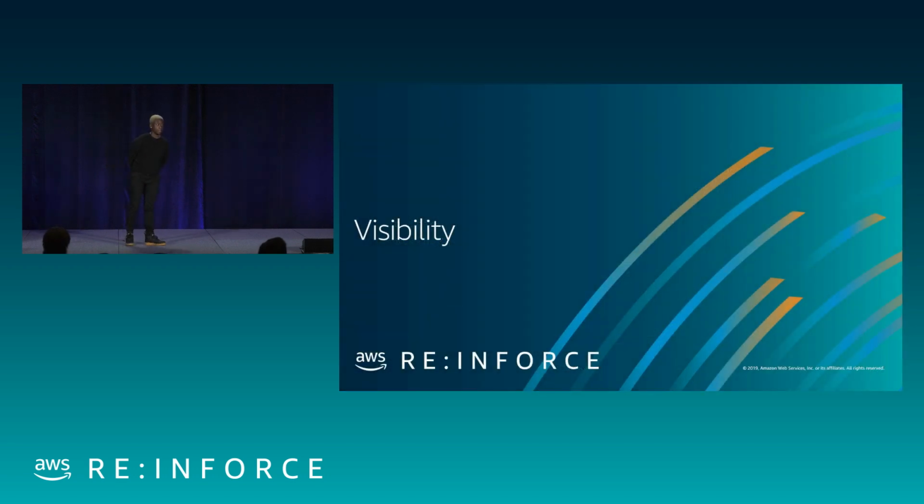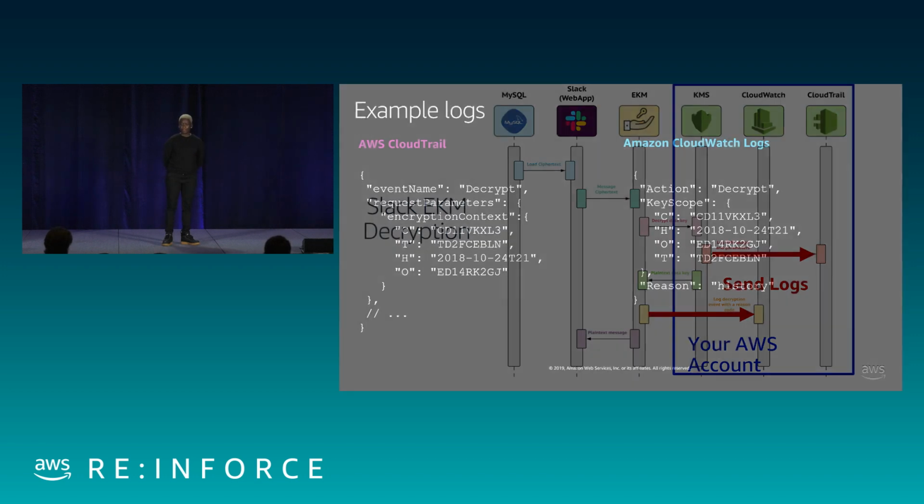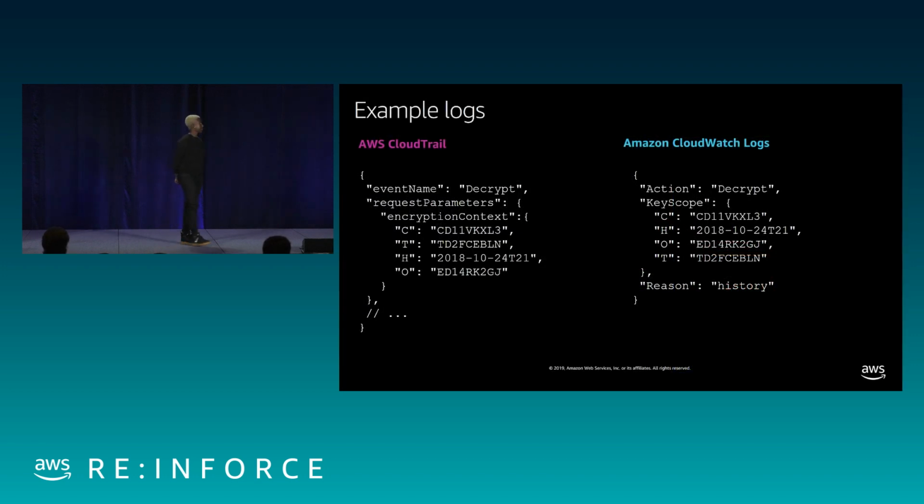Now I'm going to talk a little bit about visibility and get back to those logs that we were talking about. There's CloudTrail, there is CloudWatch, sending a lot of logs. Here are some examples of what they would look like. I've definitely pruned these down a bit because there's a lot of data in there, but this is the portion that is really important. On the CloudTrail side, you'll see the event name is decrypt because we're decrypting some data or decrypting a key. The encryption context, again, is the channel,